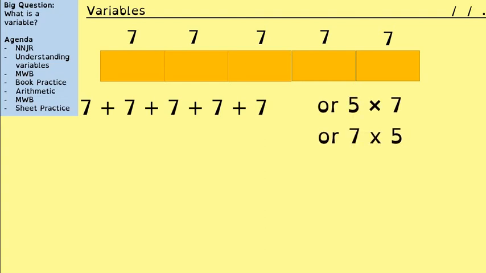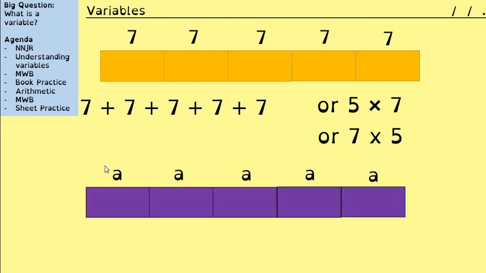Or I could do 7 multiplied by 5. That would also give me the full length of the bar. So there are 3 different calculations for me to get that unknown, the full length of the bar, the whole thing. So if I do an algebraic example here,